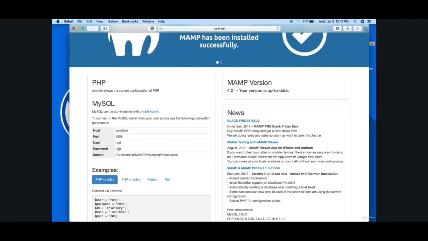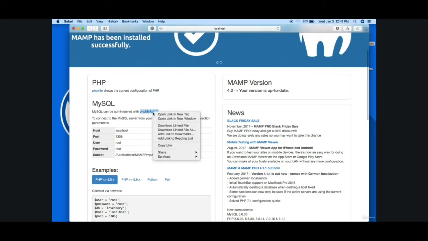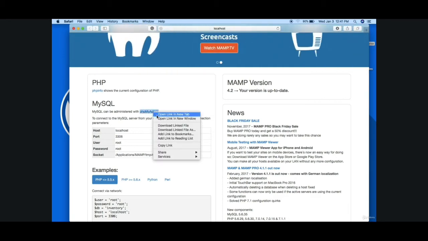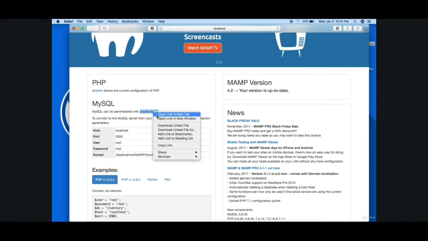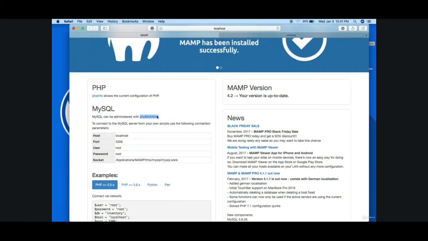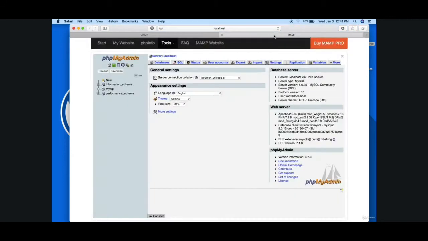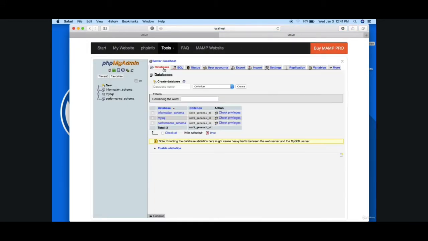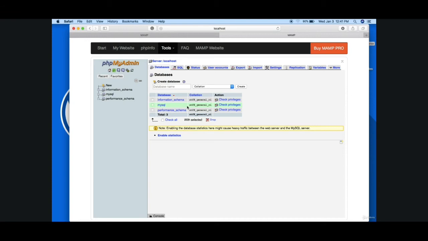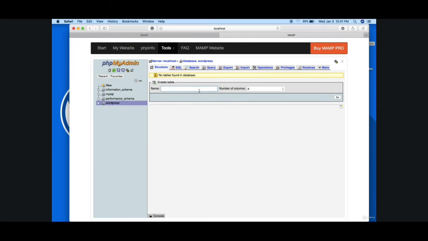We need this. And then open this phpMyAdmin in the new tab. Okay, don't close this tab, open this phpMyAdmin in the new tab. So click on open a new tab and go over there and go to database, because WordPress works on MySQL database, so we need to create a database first. So click on database name and type whatever you want. I am just going to type WordPress and hit create. This will create your database just right here.